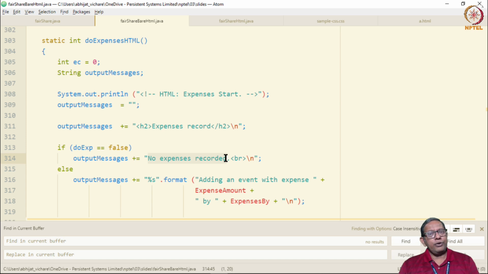How else would you rephrase this particular expression? You want to tell your user that right now we are in some other mode but not expenses, and therefore no expenses have been recorded. Think about that.